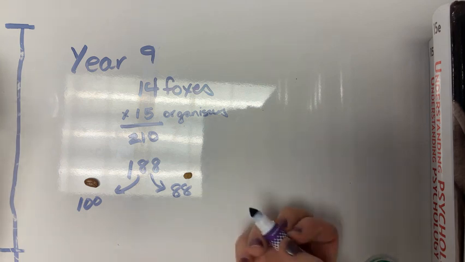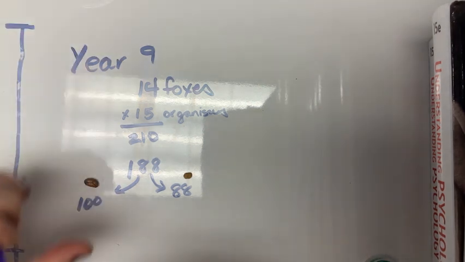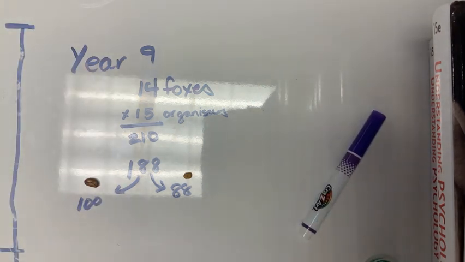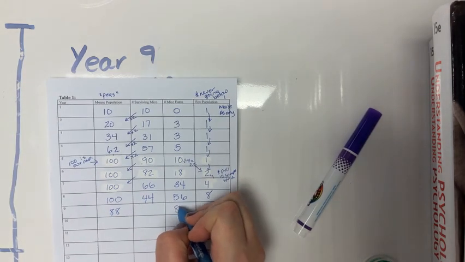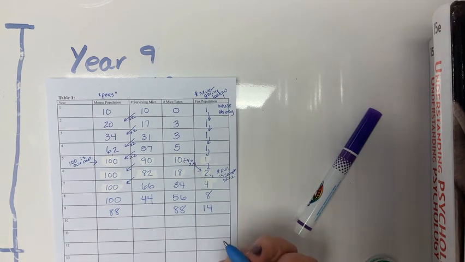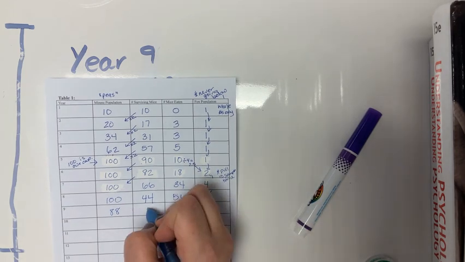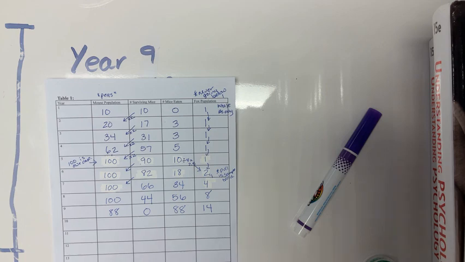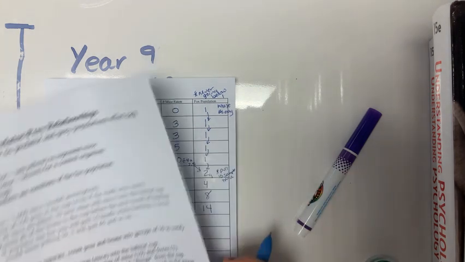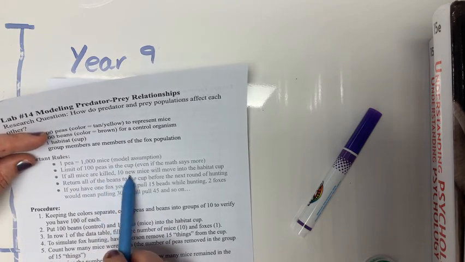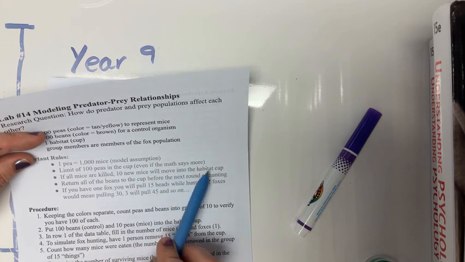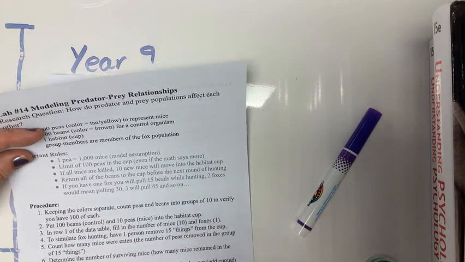So that means all my mice get eaten. I don't even have to pull it. So then 0 survive. All right, so am I done? No. Okay, so now look here. If all the mice are killed, 10 new mice will move into the habitat cup. Okay, so